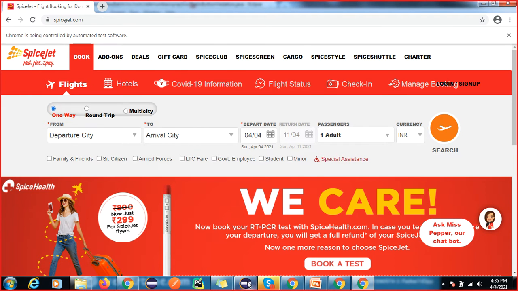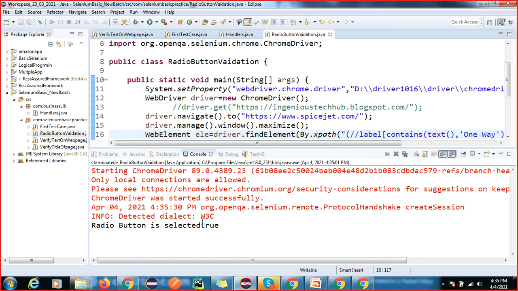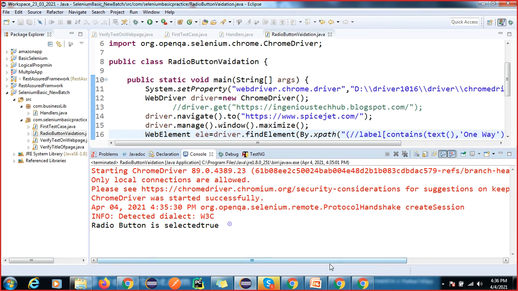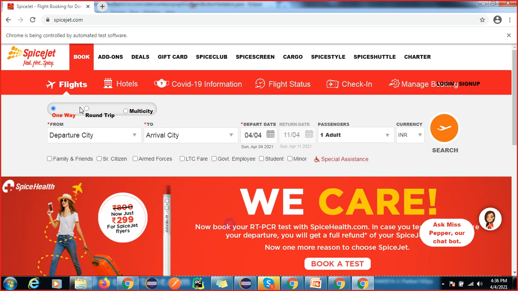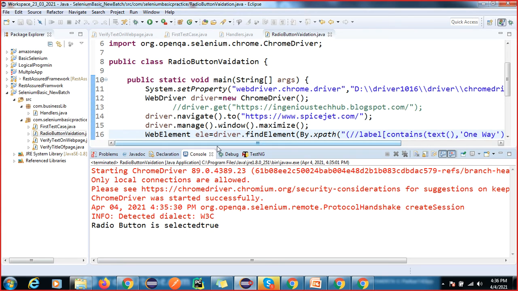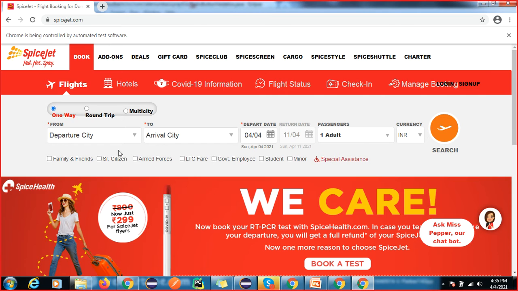Let me check. Radio button is selected, you can see it is already selected, right? Okay, so I want to deselect. I think this is already selected. You have to select the other one, then this one will be deselected, and then it will return.